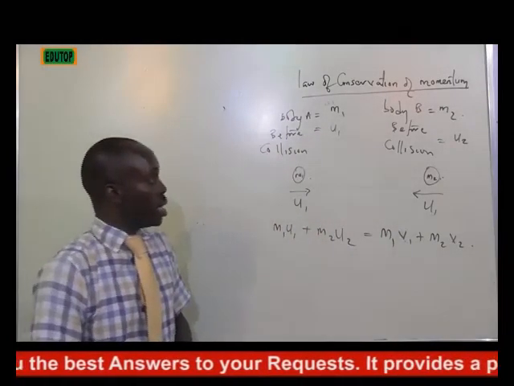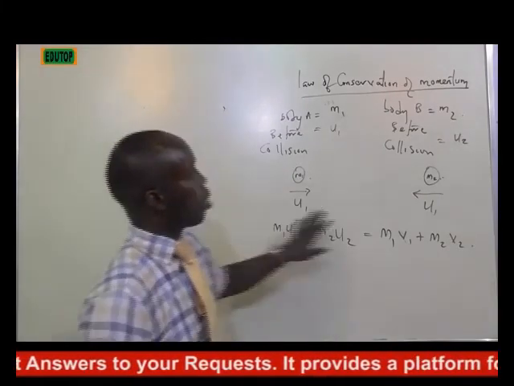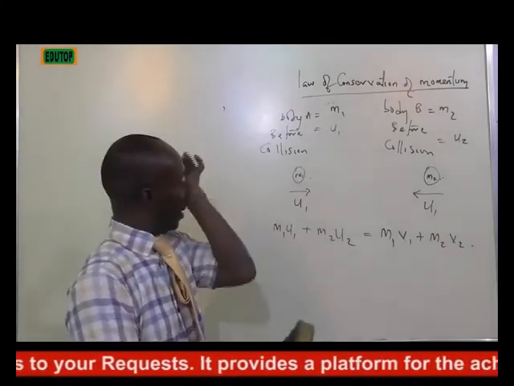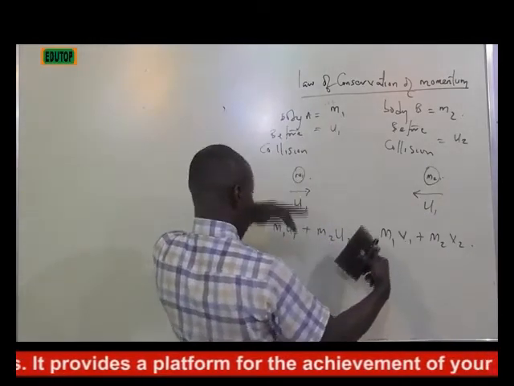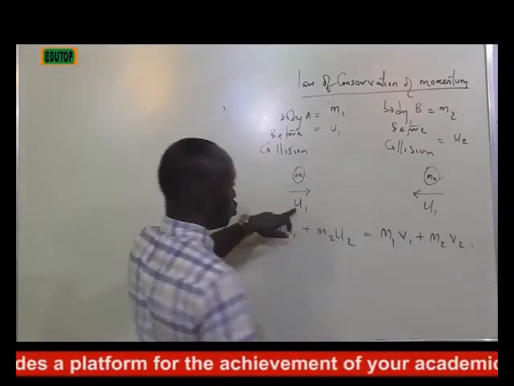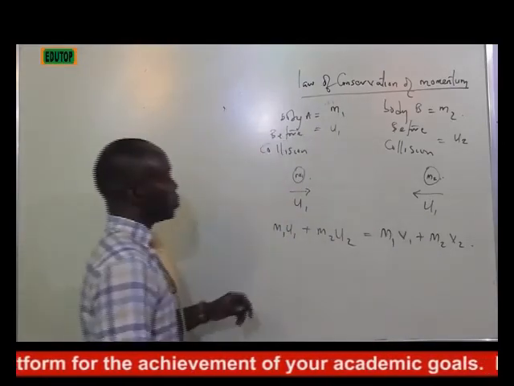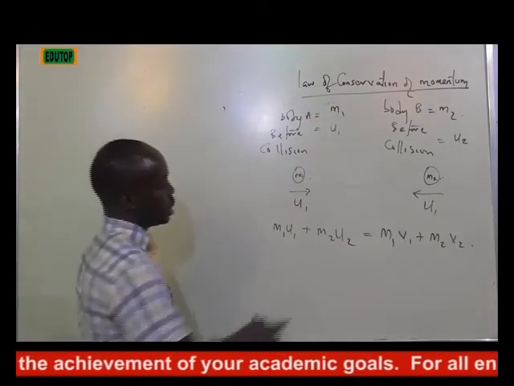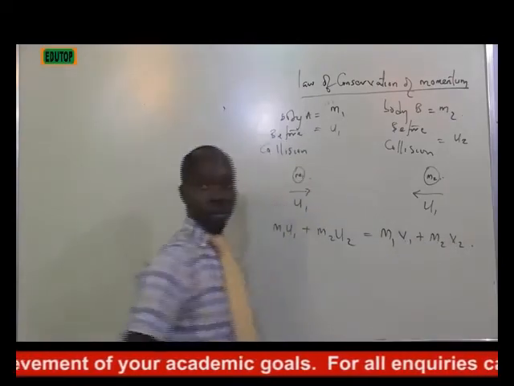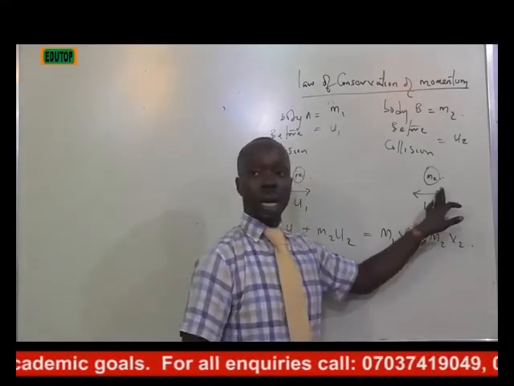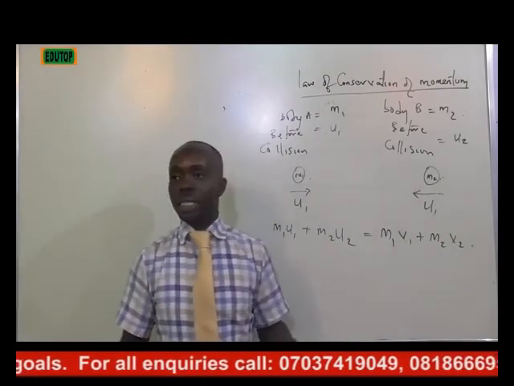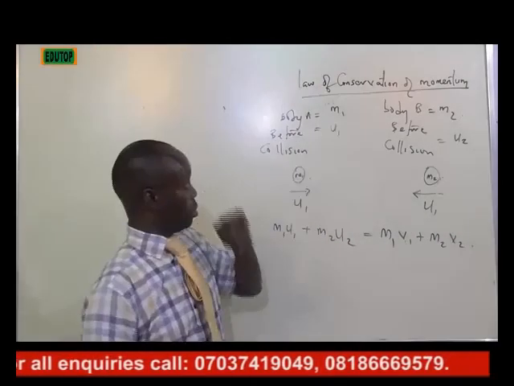Because we know that if these two bodies are coming together to collide, when they start their movement, they have initial velocities, the u's. Now when they eventually collide, they now have v1 and v2. v1 for the first body, and v2 for the second body. Hope you are getting it now. So at this case now, we'll be able to establish